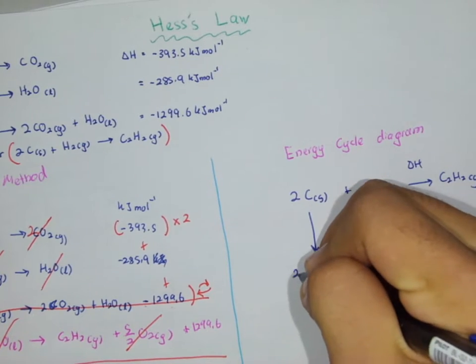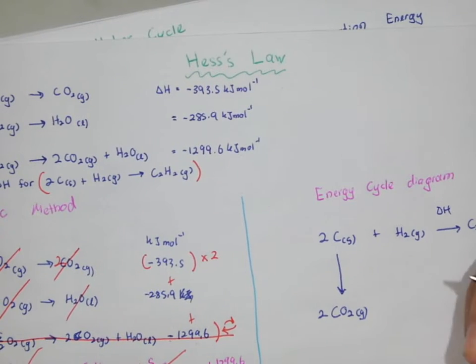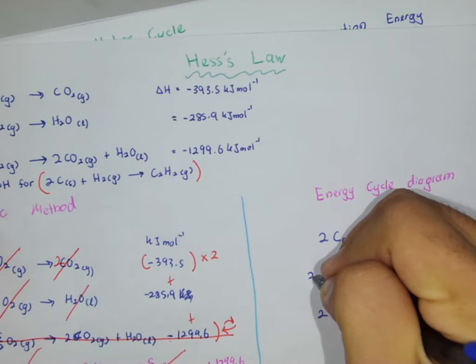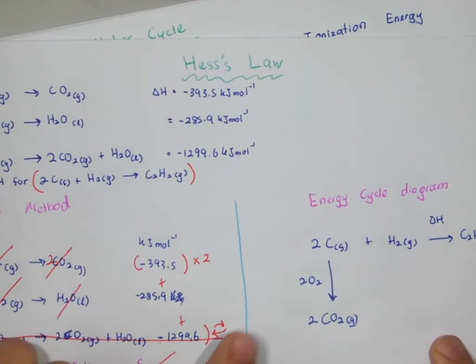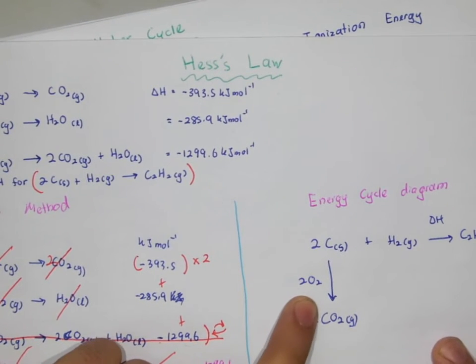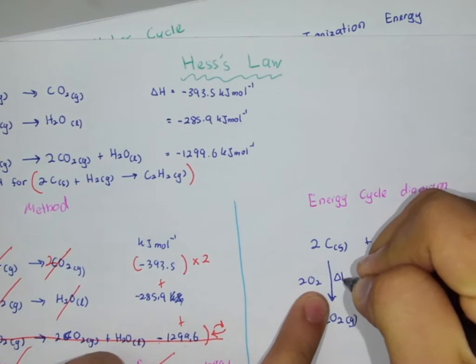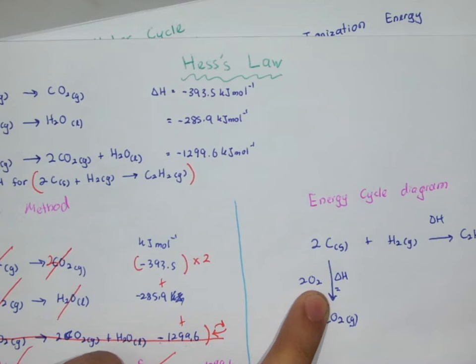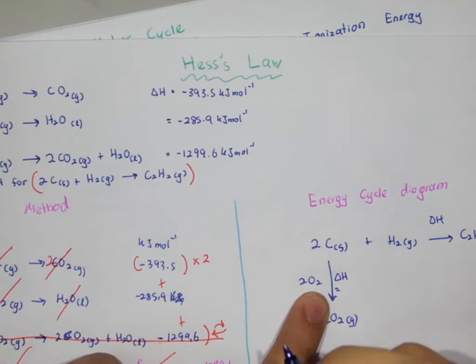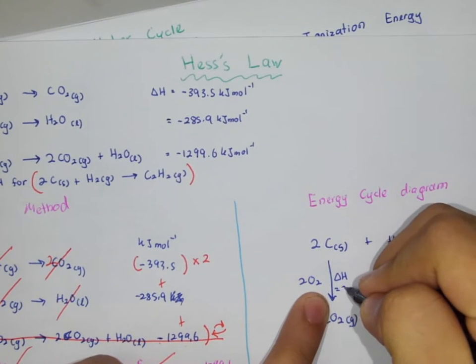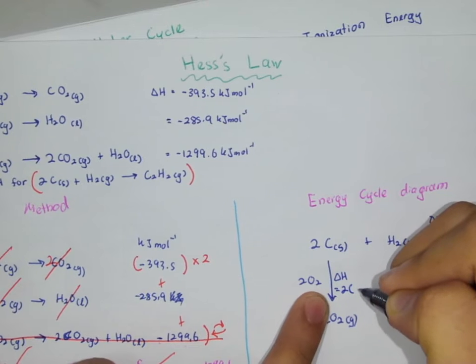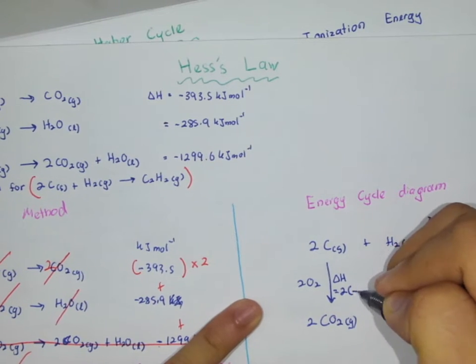So kita akan darab 2. Okay, so kita also akan ada terlebih 2 oxygen, and the delta H, the entropy also you letak sini lah untuk senangkan kira. So delta H is equivalent to negative 393.5. Tu kita kena darab 2, sebab kita darab 2 dia punya stoichiometric equation. So negative